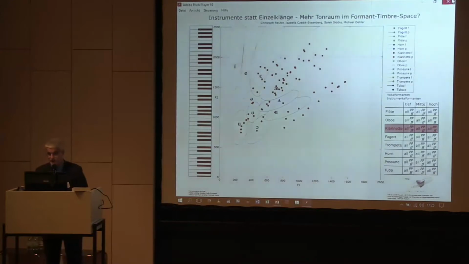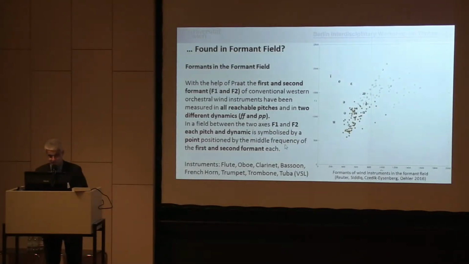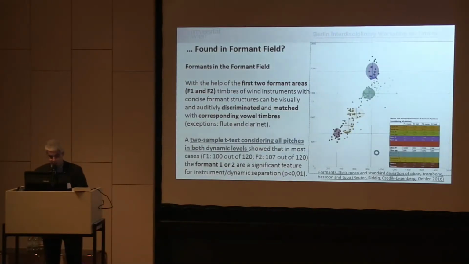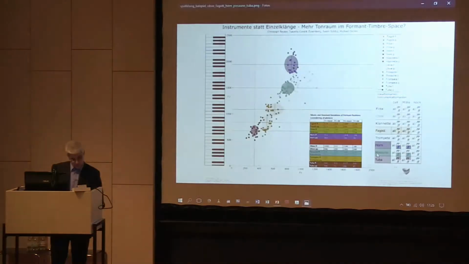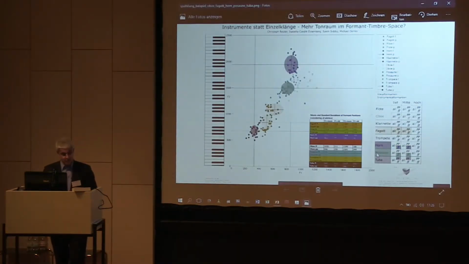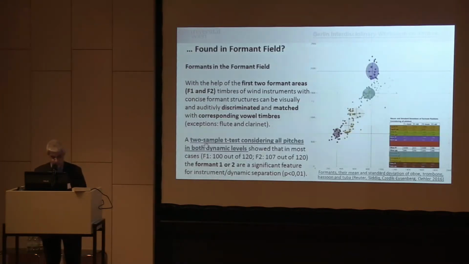But with the help of the mean and the standard deviation, it's also possible to find instrument combinations which should be very well separable, like tuba in pianissimo, bassoon, trombone in fortissimo, oboe in fortissimo, and horn in fortissimo. In the plate, in low and middle register, they should be separable very well, and so on. So all in